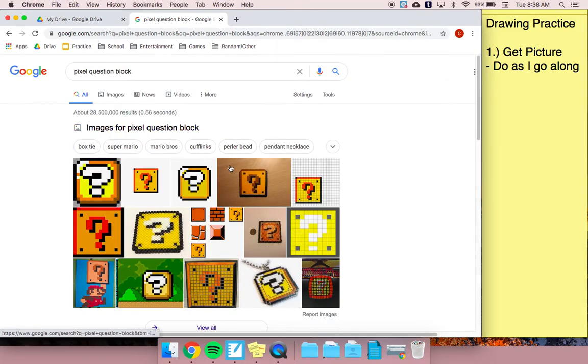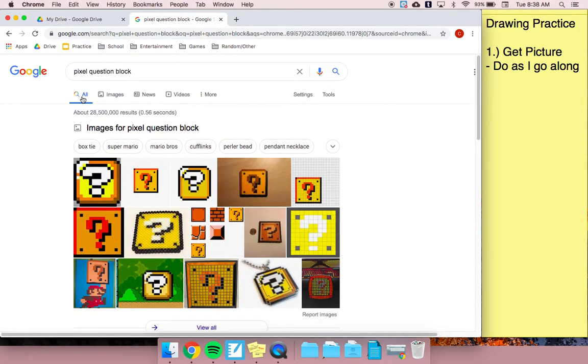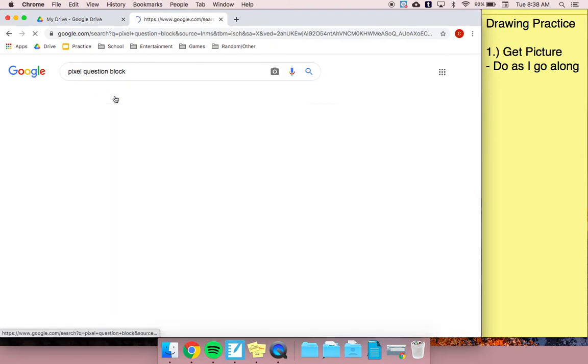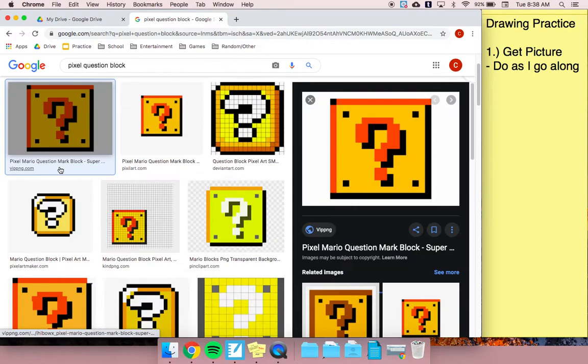Now I have my image results that are previewed, but I'm still viewing this under All. So in Google, in our results, click on Images, and we'll go with this top left one that is labeled as Pixel Mario question mark block. Now this is a smaller thumbnail preview version of the image, so click on it so that it gets a